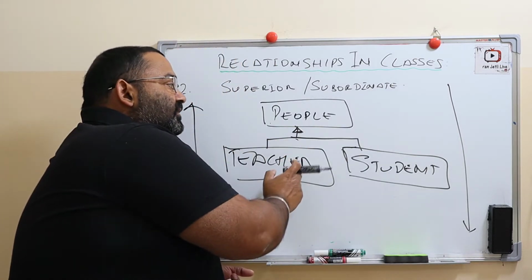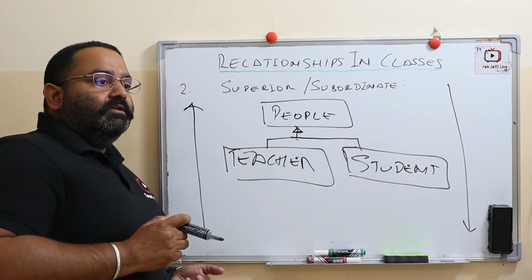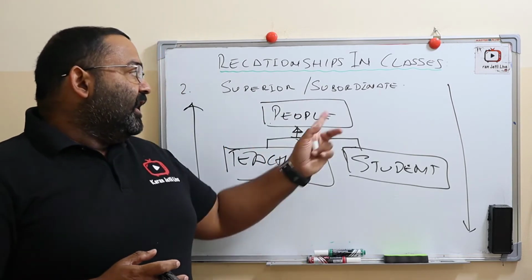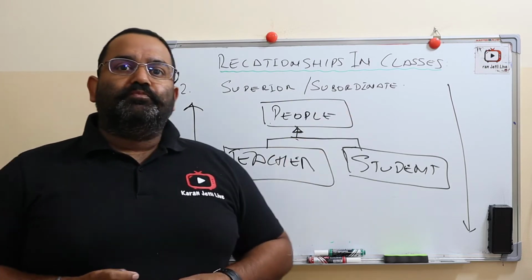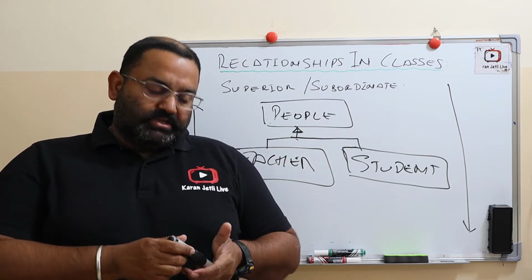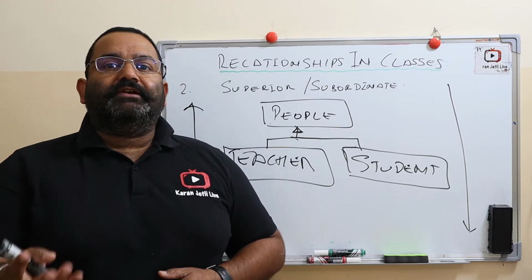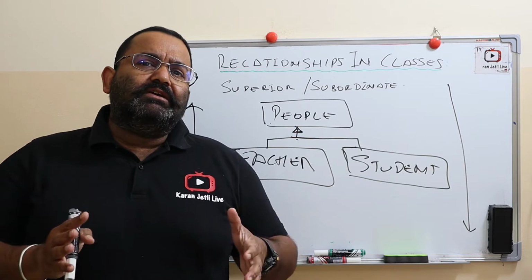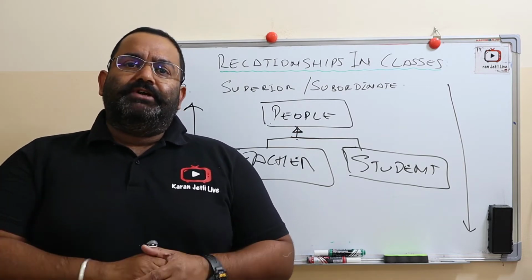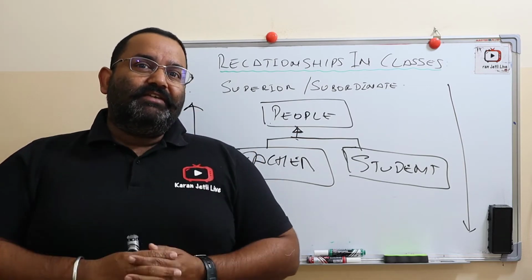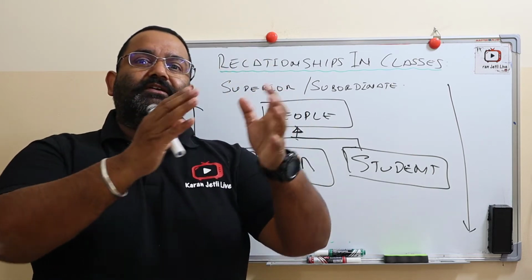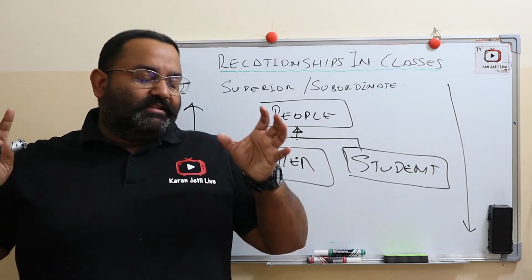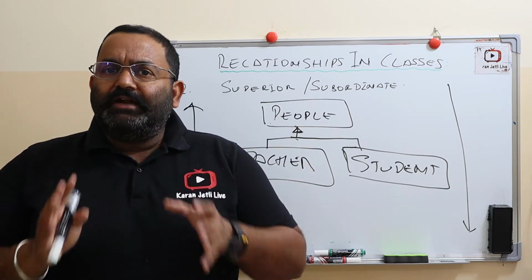Now this relation shows which class is superior and what are the other classes which are subordinate to it and can have the attributes of a superior class. Now guys, if you have studied the concept of abstract class, what is an abstract class? An abstract class is a class which does not have any object. We just create it to be a superior class so that other classes can inherit the attributes.